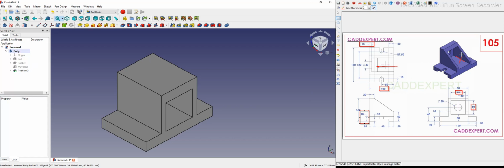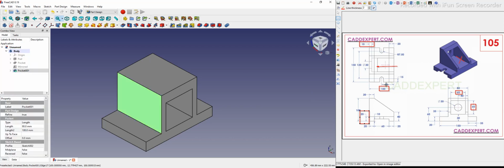Okay, so we have cut here, but now at this face we will make a triangular cut. So you can see here dimension of 20 and here dimension is 40, and we will make cut like this. So we will make a triangle like this and we will cut it. So we will select this face and create a sketch,